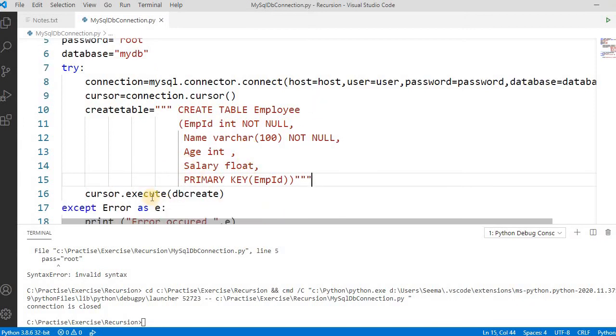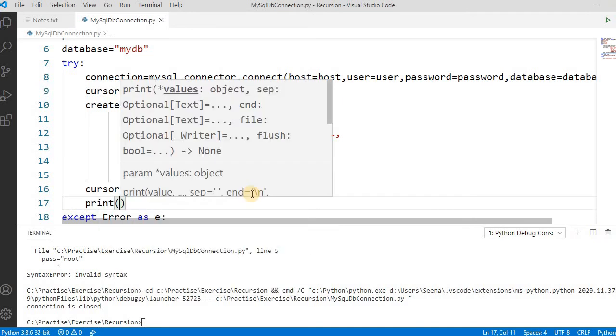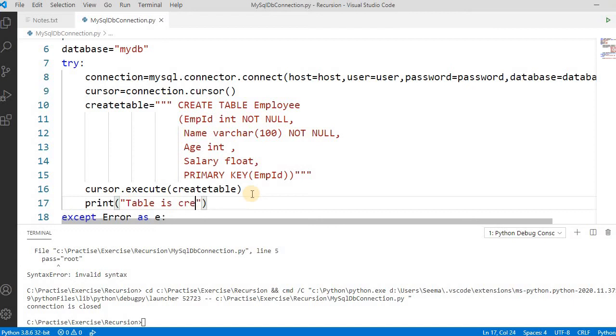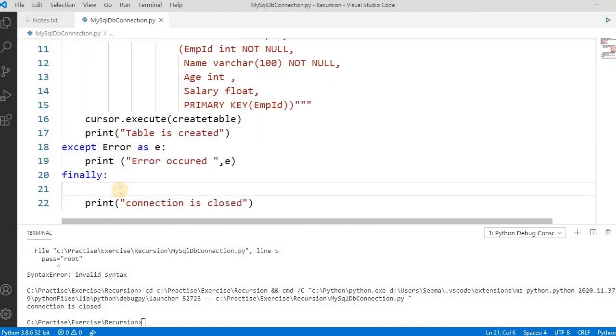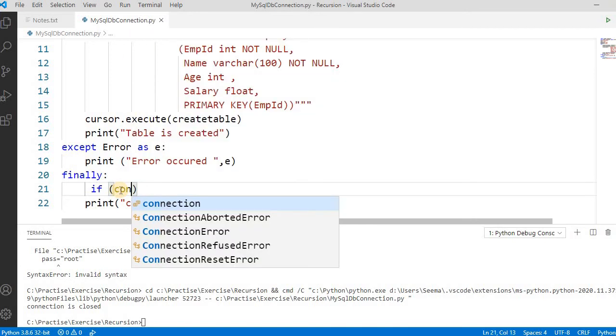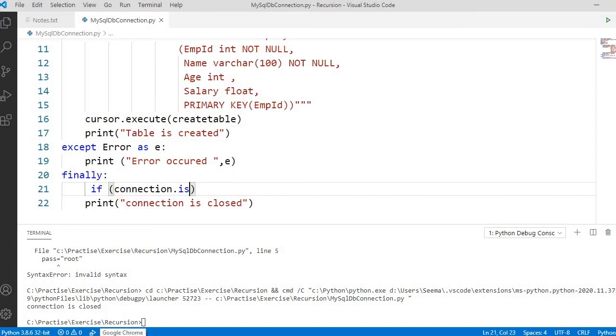So now by running this, we can create the table, right? And can print here, table is created. Okay. There is one more property I want to show you, that's connection.is_connected.